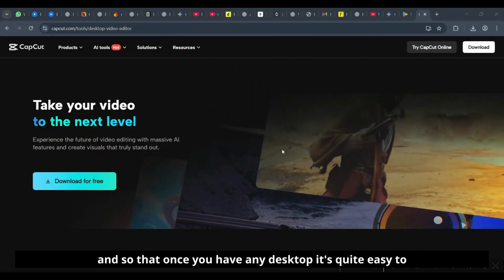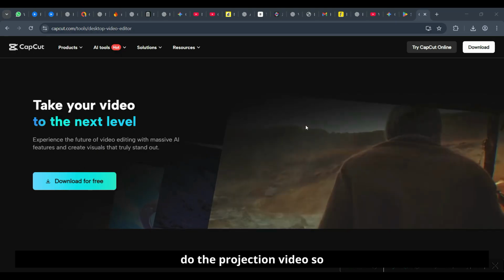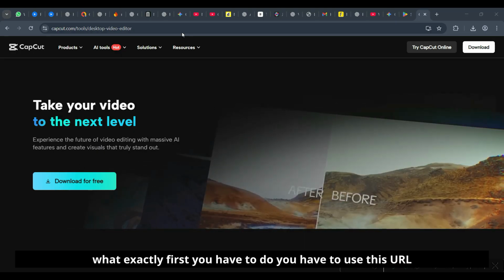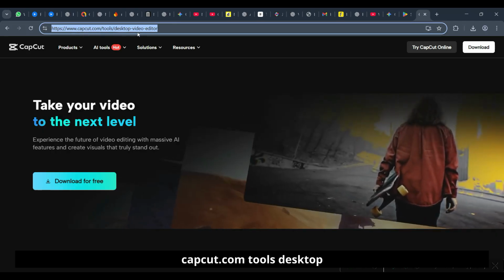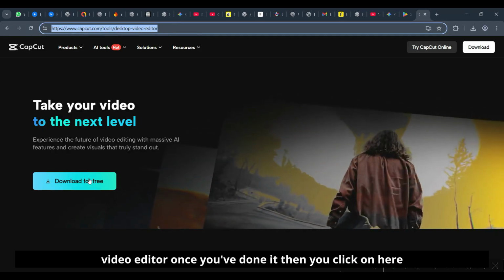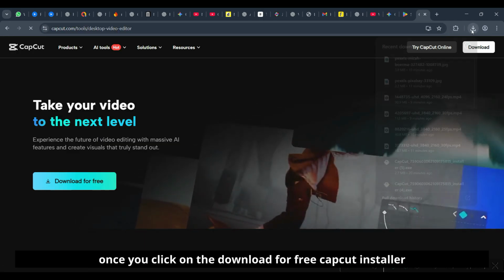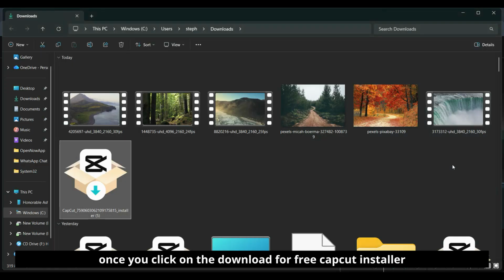And so that once you have it in desktop, it's quite easy to do the projects and videos. So what exactly first you have to do, you have to use this URL, CapCut.com tools desktop video editor. Once you've done it, then you click on here for the download for free. So once you click on the download for free, CapCut installer will be downloaded here. You just click on it,